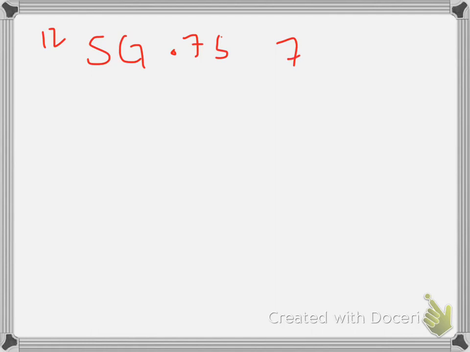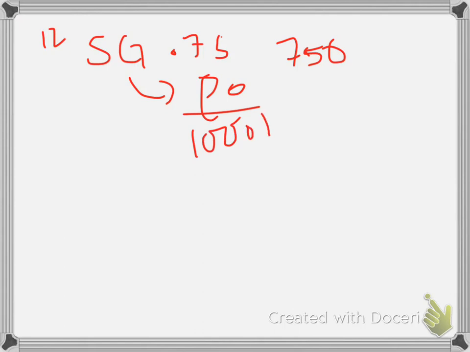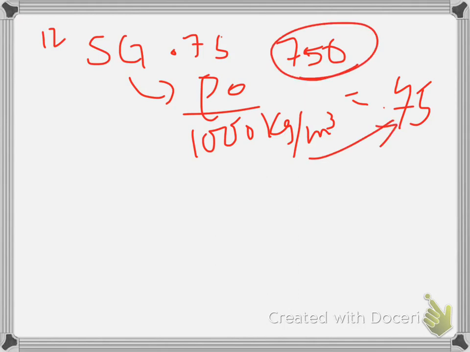It's 750, because specific gravity is rho of the object divided by the rho of water, which is 1,000 kilograms per meter cubed. So if this equals 0.75, cross multiply and you get 750 kilograms per meter cubed. Pretty simple. Number 13,